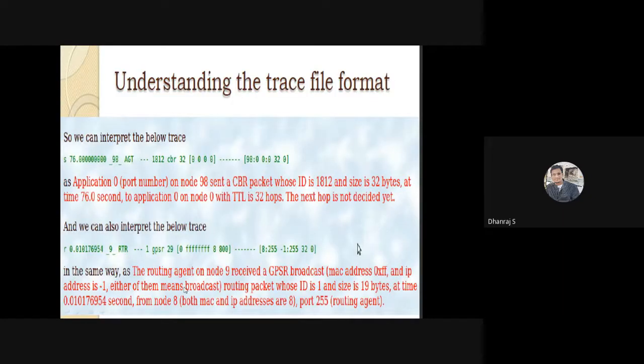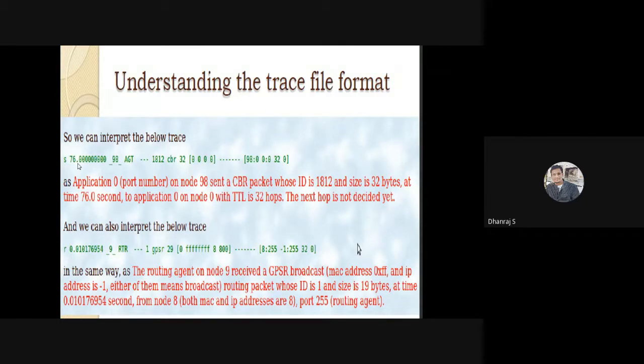This is the trace file format which we are going to obtain when we perform the simulation of this program. We can see here, in the first program we have seen the trace file may contain around 12 fields. And when we look at the last program, the Ethernet LAN, there we have seen around 7 fields were available in the trace file.